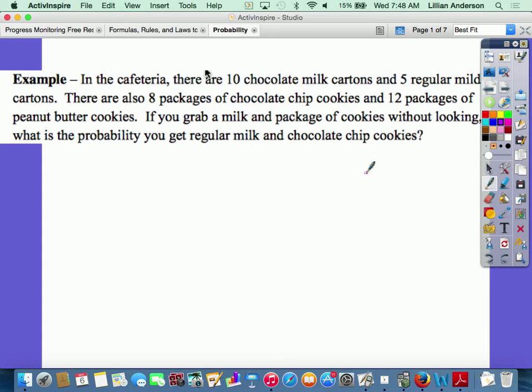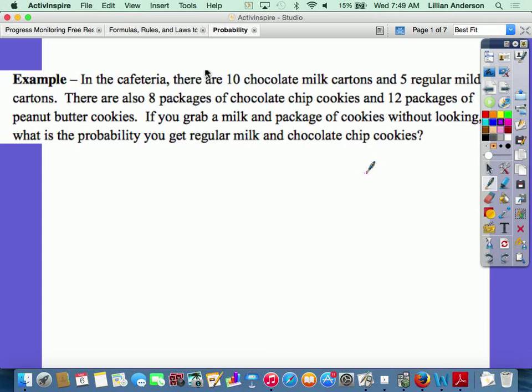Okay, the best way to talk about these formulas is through an example. All right, so this first example says, in the cafeteria there are 10 chocolate milk cartons and 5 regular milk cartons. There are also 8 packages of chocolate chip cookies and 12 packages of peanut butter cookies. If you grab a milk and a package of cookies without looking, what's the probability you'll get regular milk and